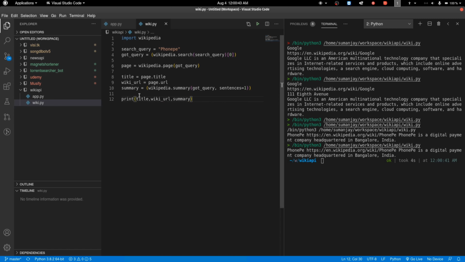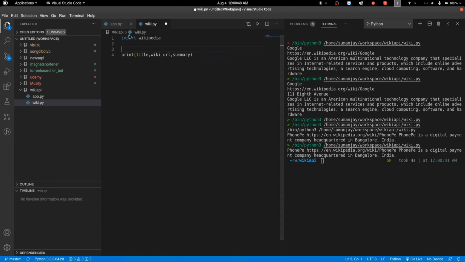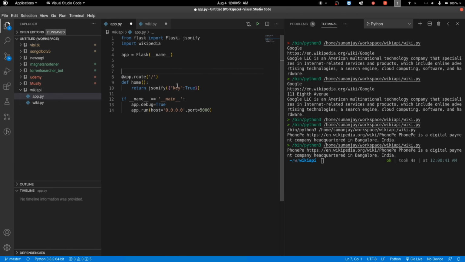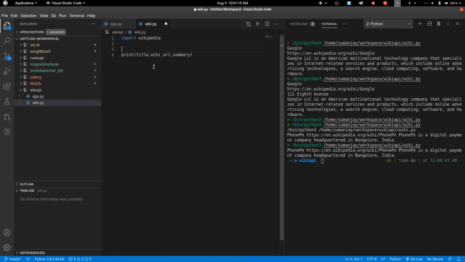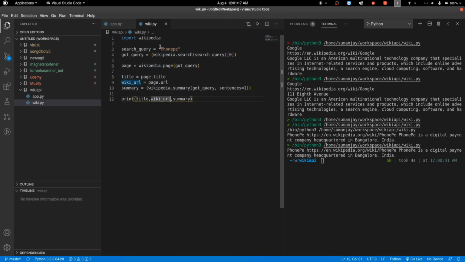Looks cool. So what I will do, I'll just copy these and define a function. I'll call it get_wiki_data, then I will enter the query, then I'll copy these things and define it as search_query. I will get rid of this line because we just made a function. Previously we had not defined any function, so we had to change this thing manually, but now